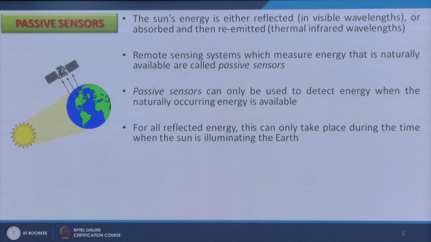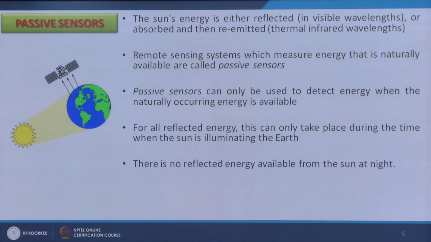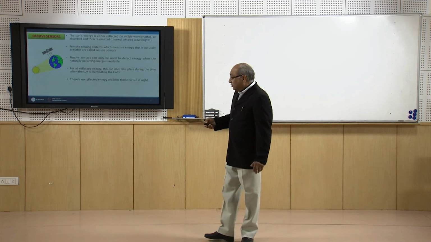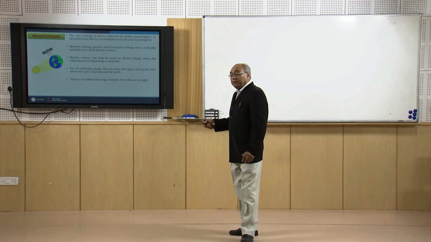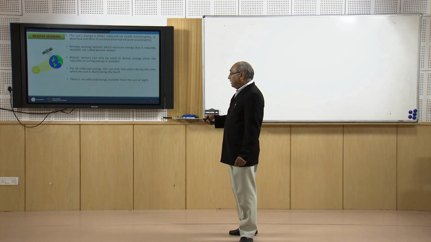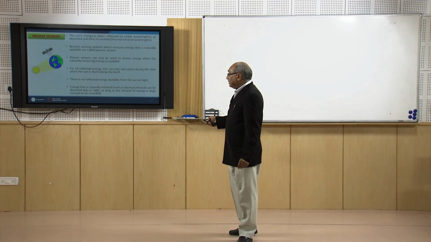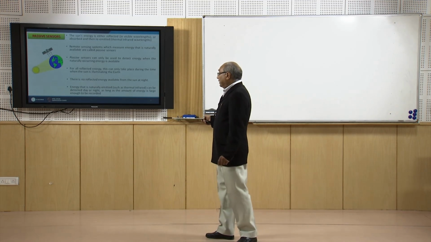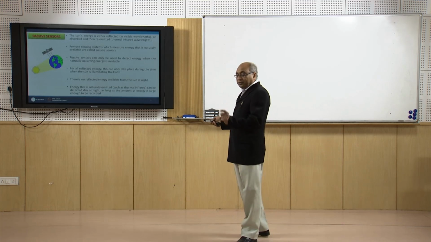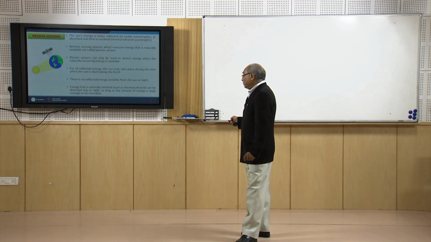So that means it is possible only in the daytime in case of visible and near infrared images, but thermal infrared can work at night time as well, and there is no reflected energy available from the sun at night. The energy that is naturally emitted, especially in the thermal infrared portion of the EM spectrum,